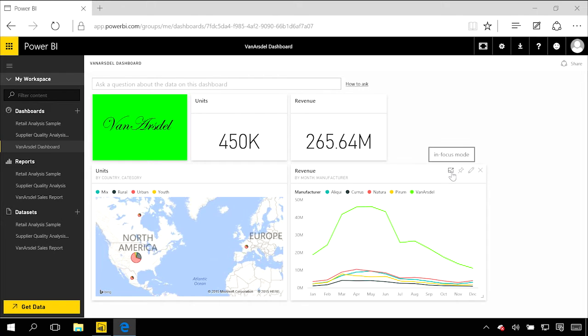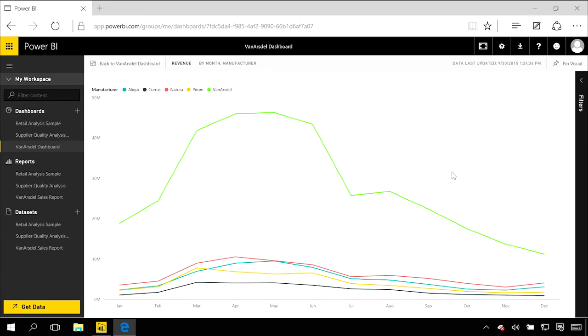And you can see the left-hand side one is something called In Focus Mode. When you click that, the tile that you selected expands to take over the full space, and it gives you much more detail in the report itself. If you had many different bars in a bar chart that expanded off that tile, or if you had a table in that tile, you'd see more data.